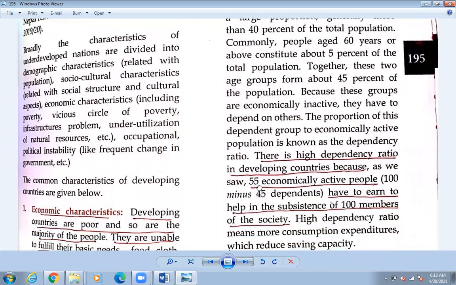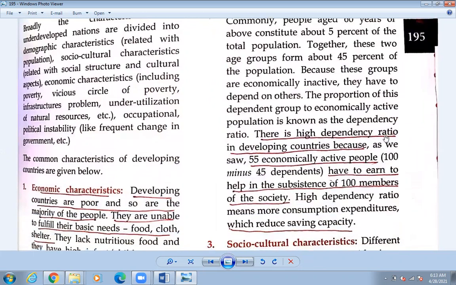Okay, so let's tick this one and tick here too. And there is a high dependency ratio also. If the population is high, then what will happen? Most of the people are dependent, depending upon other countries, other people. Like there are 5 children, and only the father is earning, the mother is the housewife. So out of 5 members, only 1 is earning. That means many of them are dependent upon their father. Okay, so that is not good. So there is a high dependency ratio in our country.